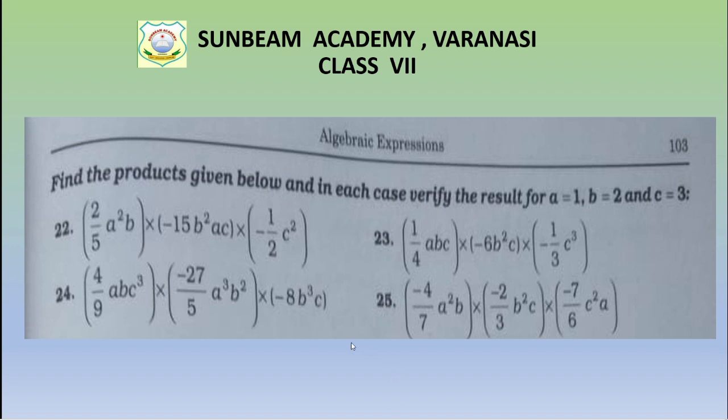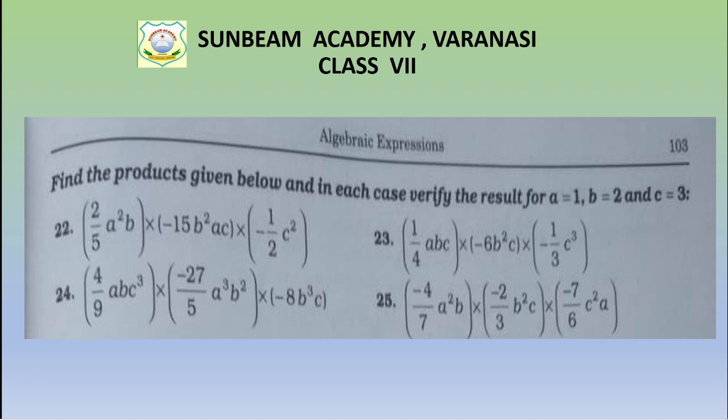Okay, this is the question. So quickly write down the question. I am also writing down. I am erasing my board work. Till then you can write down the question in your notebook. Write down the question in your notebook, children. Children, I hope you all are writing. A is equal to 1, B value is equal to 2 and C value is equal to 3. I have completed my question.